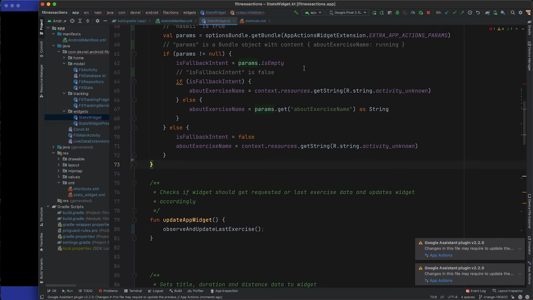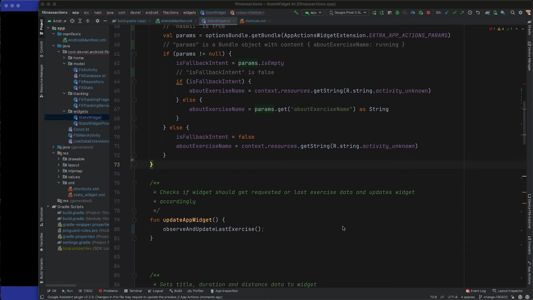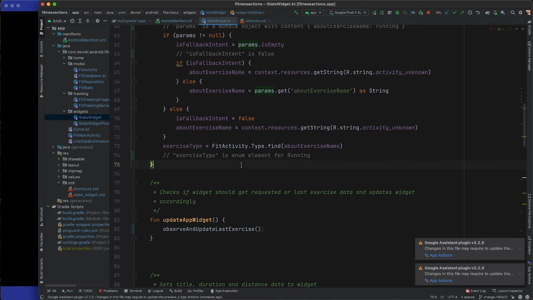In our case, because the user has asked about the supported activity type running, isFallbackIntent is false. And finally, the exercise type variable gets initialized with the corresponding enum element for running. Note, for non-BII triggered widgets, these variables would be null, false, empty, or unknown.